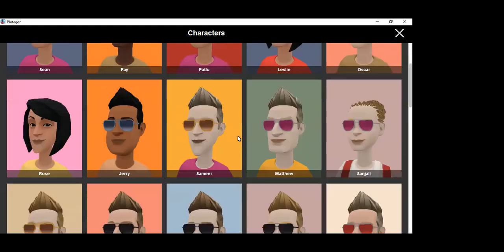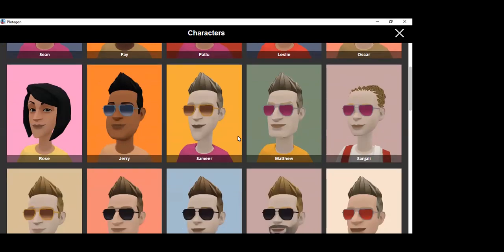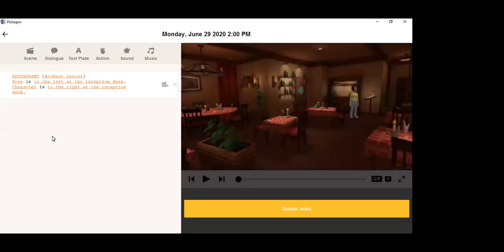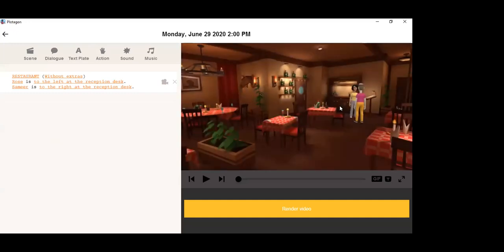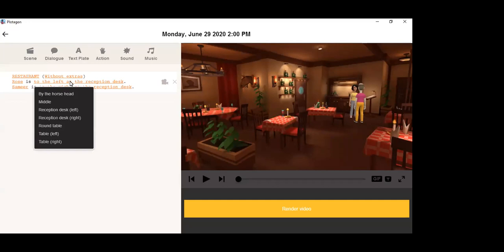I just pick two characters, like Rose. One I pick. Now the second character is here. Just below, the next is here. Select second. Double click and you can see that it inserted the character in between the scene. And parallel to the character name, according to the scene, you will find a few options that change the position of the character.